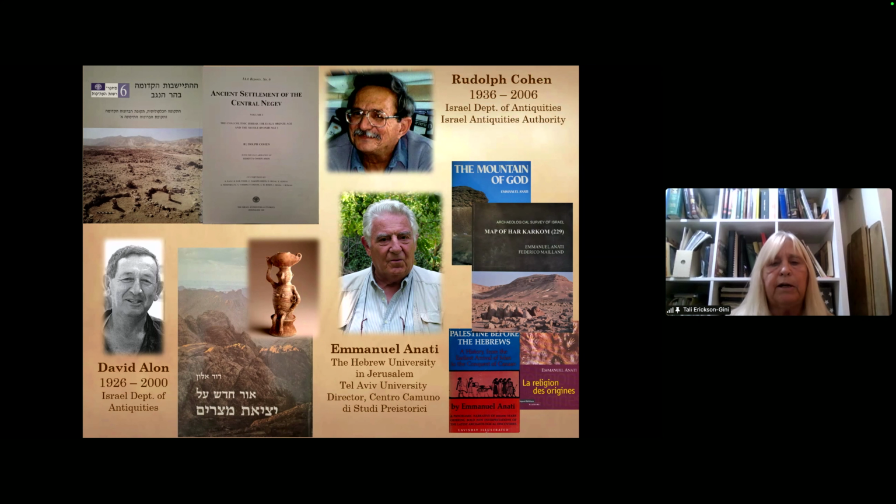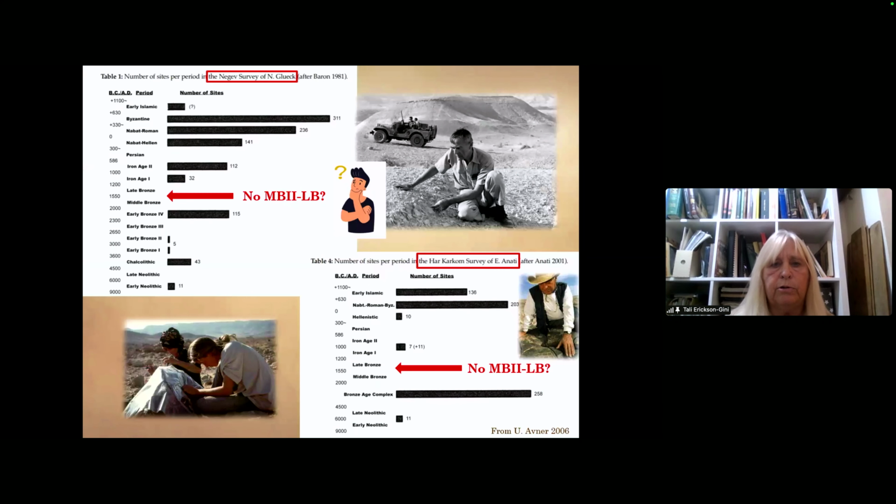Independently. And I have to make a point of this. These are not religious men that I know of. I know that David Alon was a kibbutznik. They were not searching to prove anything about the Exodus, but what they found brought them pretty much to the same conclusions. And one of the things that they noticed is something that's already been spoken about here today,